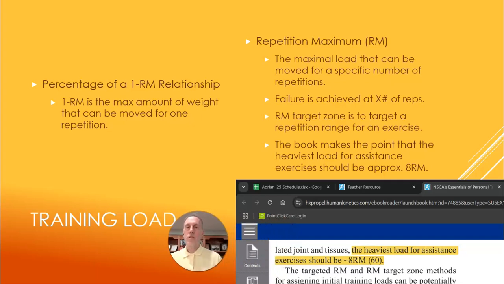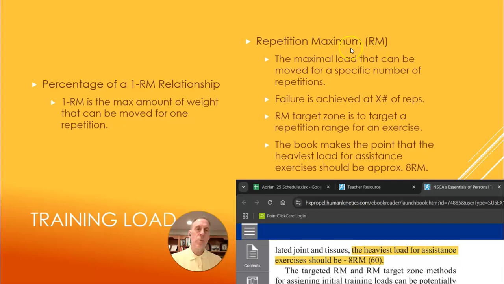When you look at percentage of a 1 rep max relationship, the 1 RM is the max amount of weight that can be moved for 1 repetition, 1 rep max. There's 10 rep max, 8 rep max, but this is a 1 rep max. And when you look at these two, percentage of 1 rep max relationship, the 1 RM